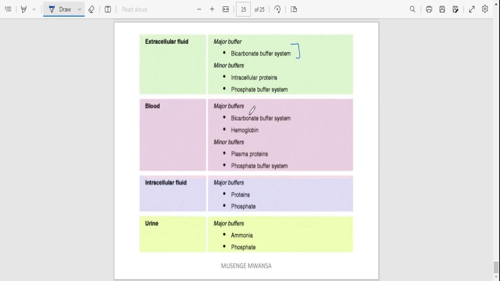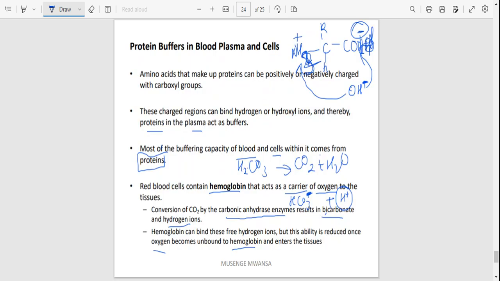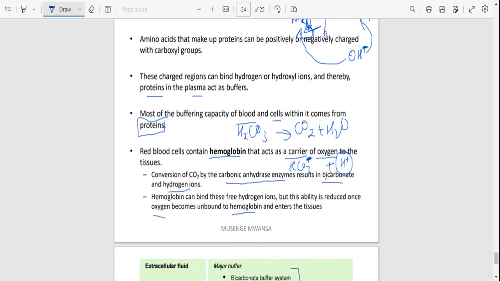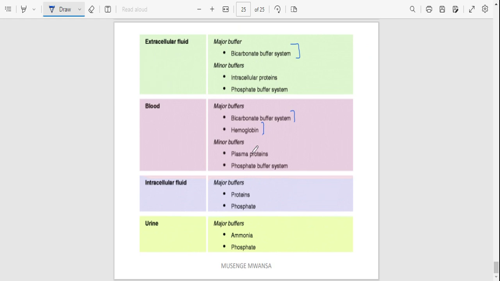In the blood, the major buffer systems are the bicarbonate buffer system and the hemoglobin buffer system. Of course, in the blood, we're not excluding the protein buffer system, because that is the major one in the blood plasma. And then the minor ones are the plasma proteins